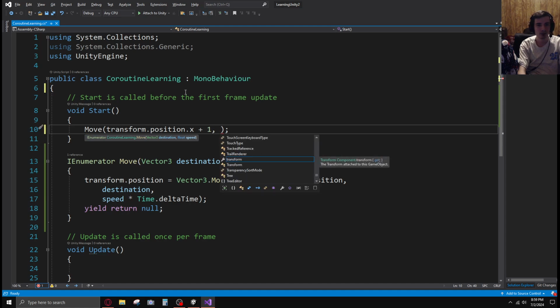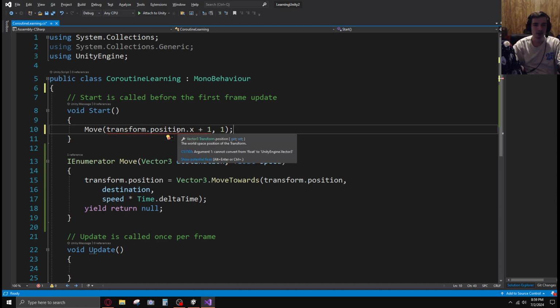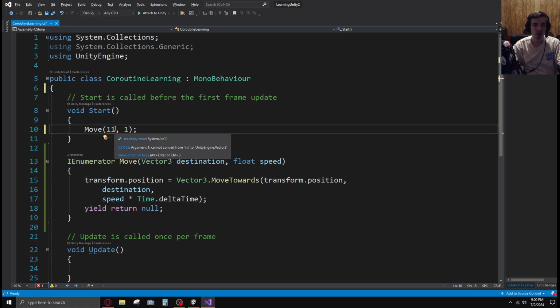And then I'm going to do speed is 1. This does not work, does it? Oh, it has to be a Vector3. No, I will just say 1, 1, 1. Okay, I will just say,